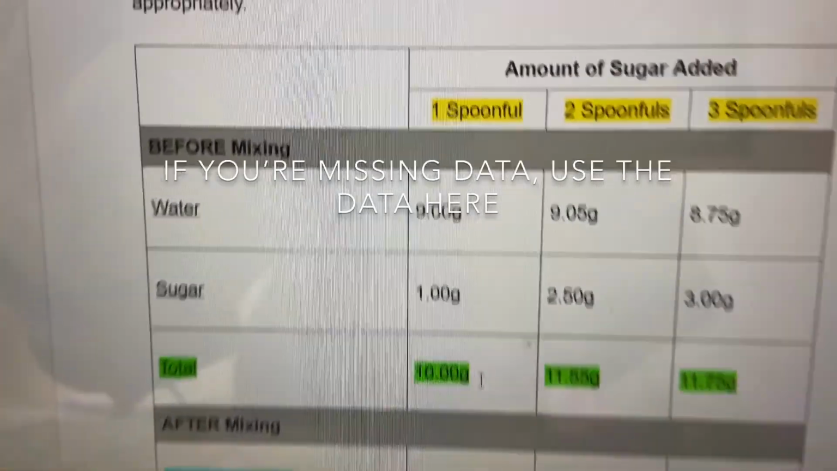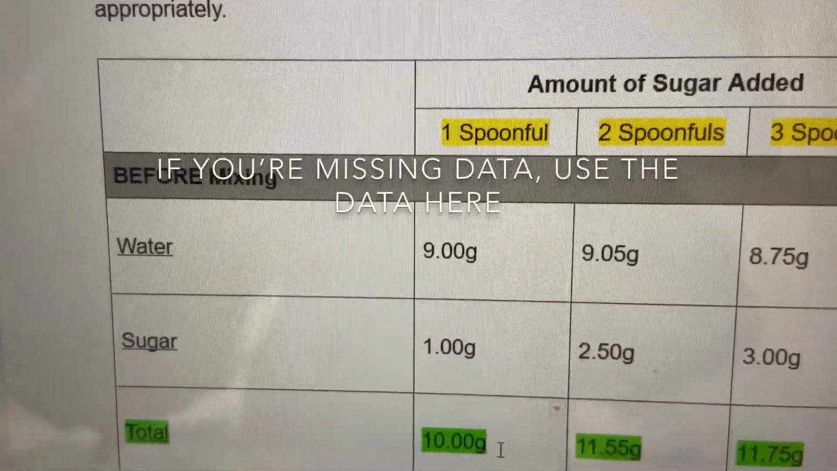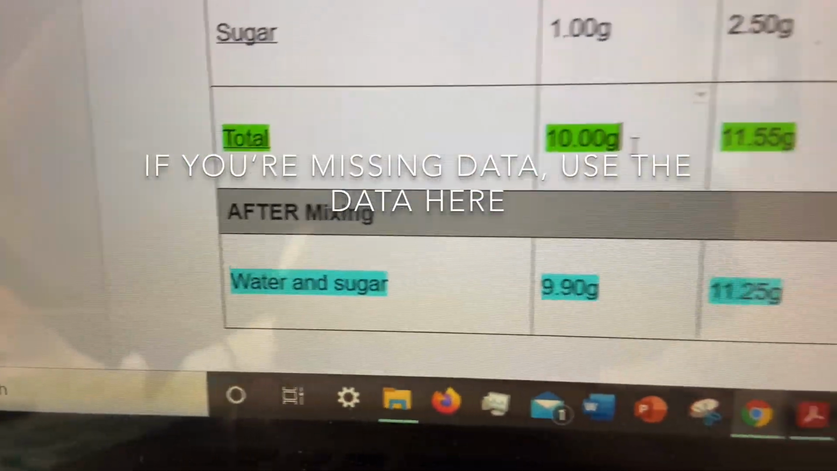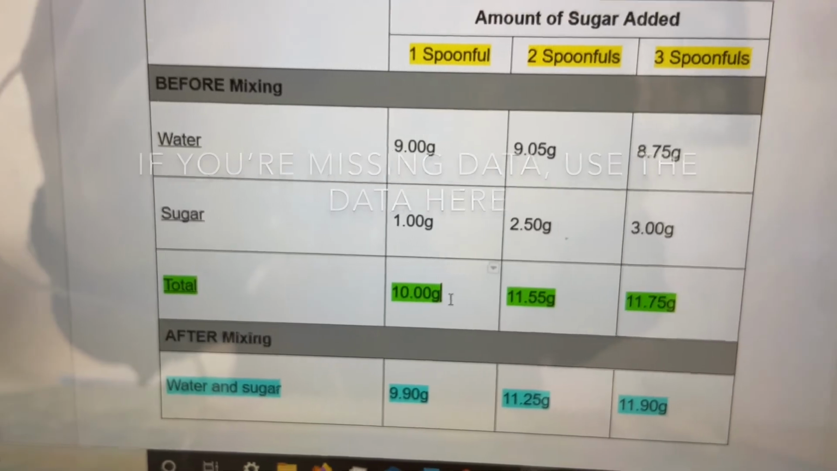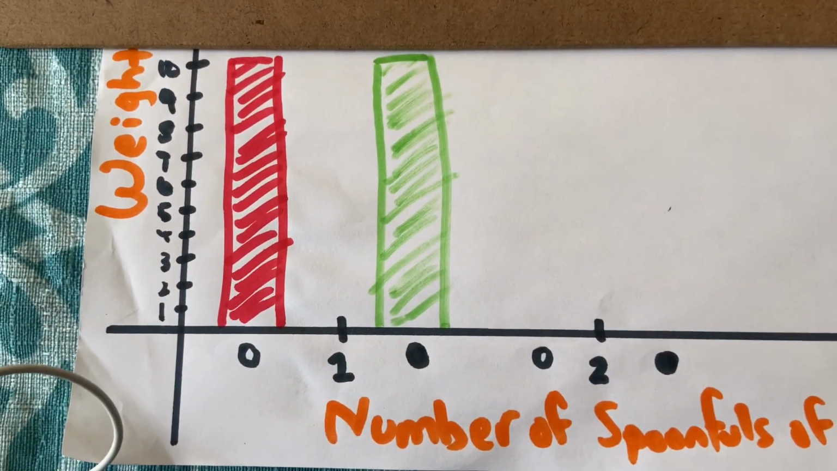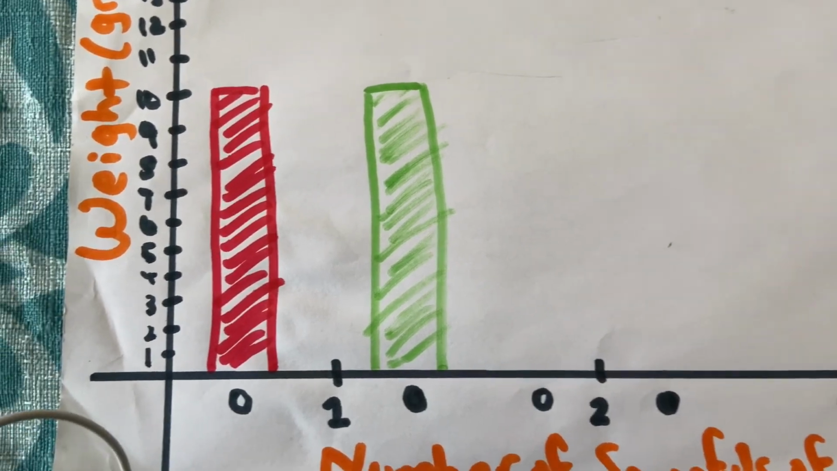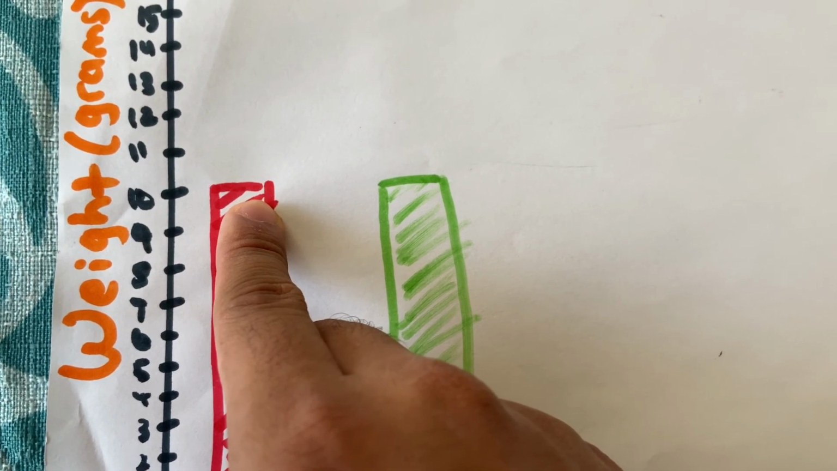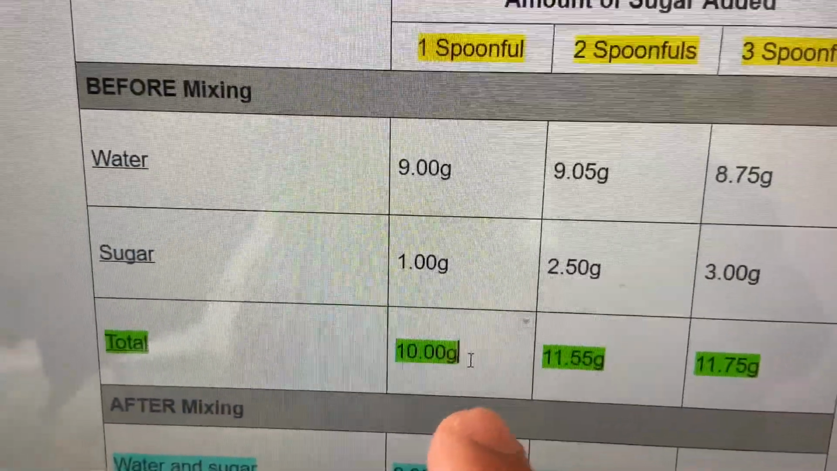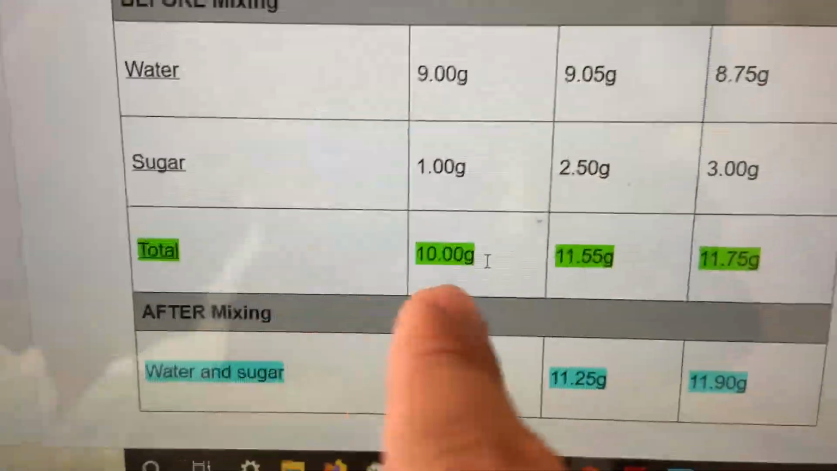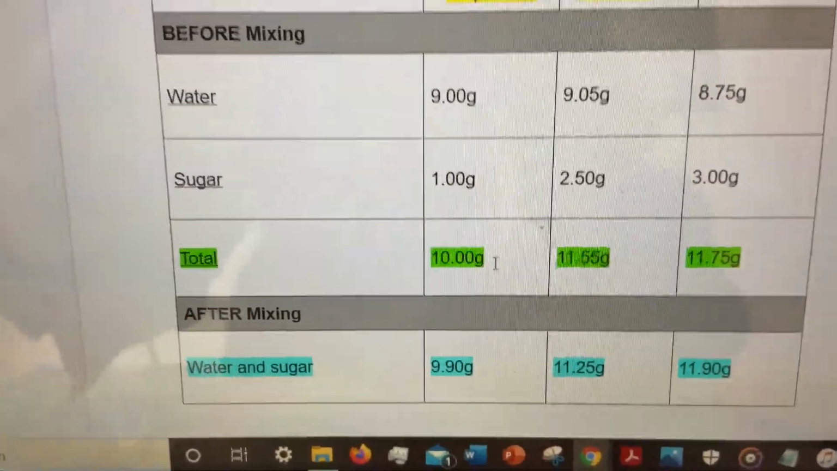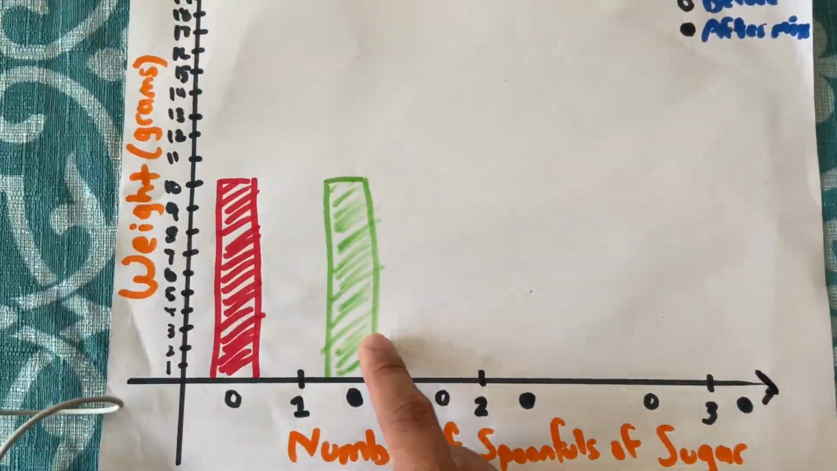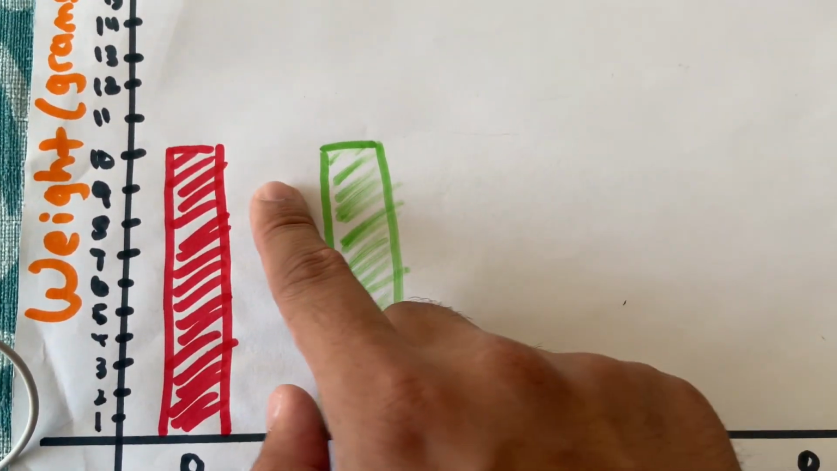To create a bar graph, let's look at your first spoonful of sugar. So 1 spoonful of sugar, the total weight before mixing, and the total weight after mixing the water and sugar. Using my ruler, I made bar graphs using that data. Here, before mixing, we have 10 grams of total weight. And you can see that reflected here. Before mixing under 1 spoonful, I have 10 grams of total weight. After mixing, I have 9.90 grams under 1. 9.9 is right under 10, so you can see it is right